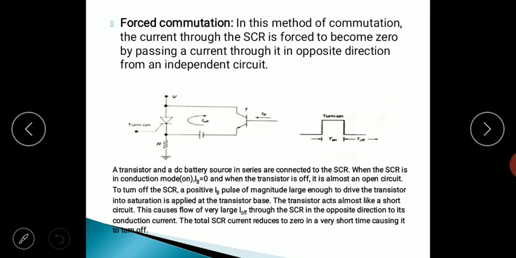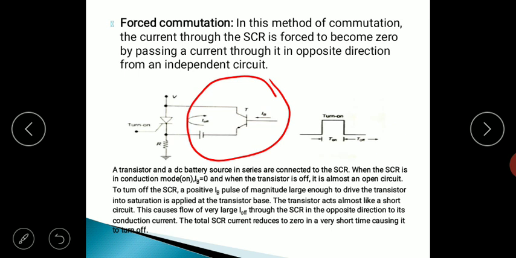You can see that there is an SCR where voltage V is connected to the anode and the cathode is connected to ground, and sufficient gate voltage is also applied to ensure that the SCR is on. Now the additional circuitry used along with this is called commutation circuitry.